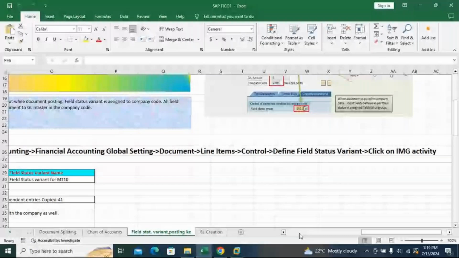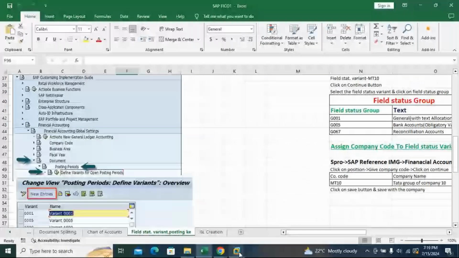Next, I'm going to create a chart of accounts. How to create a chart of accounts? What do you mean by chart of accounts actually? I think last class we discussed it a bit, or not, I did not remember. So chart of accounts belongs to your assets, liabilities, income and expenses. Okay, and capital also as well. So when you are creating ledgers, we need to select the chart of accounts. So now I am going to create chart of accounts.